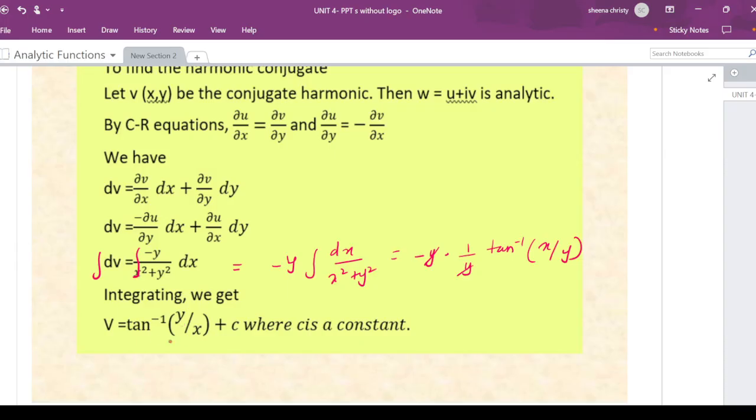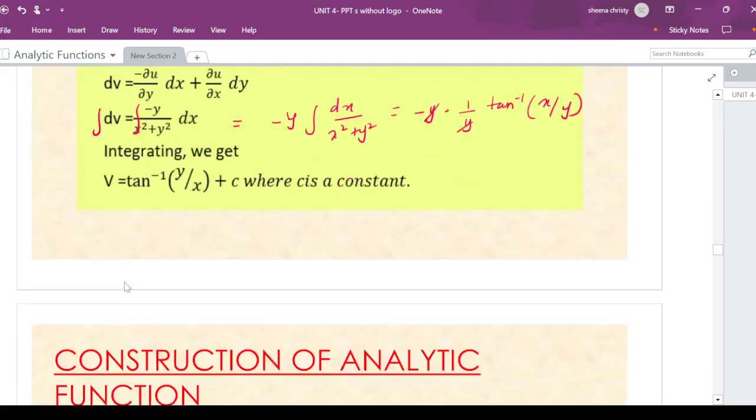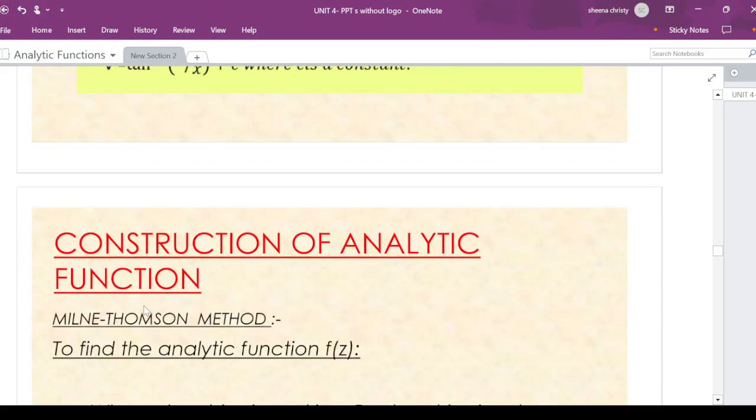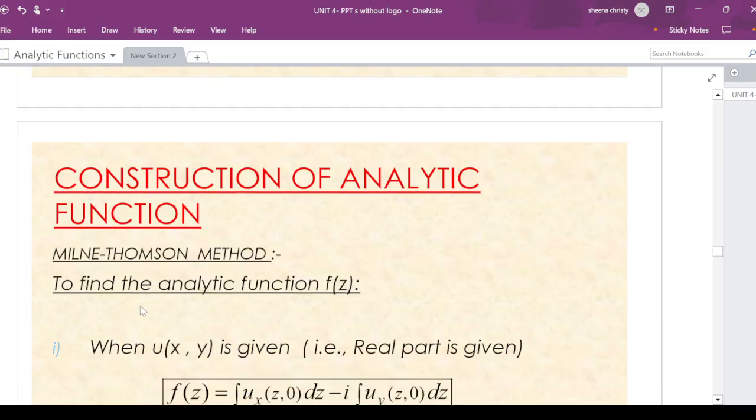Here you will get this term, where c is a constant. So by doing the integration on both sides, you will get this answer. Now, next we are going to move on to the construction of analytic functions by Milne-Thomson method. Here, by using Milne-Thomson method, we can straightaway find out what is f